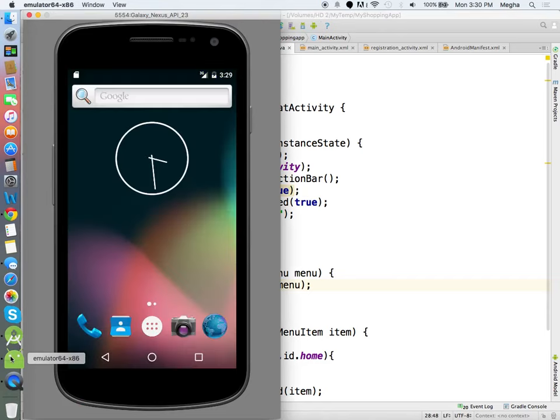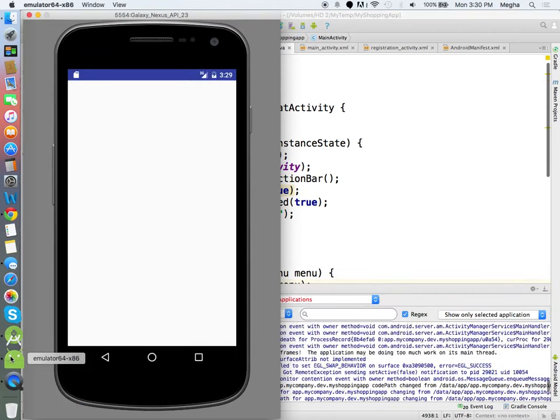The next part would be we have to save them, make it work, add some code logic.